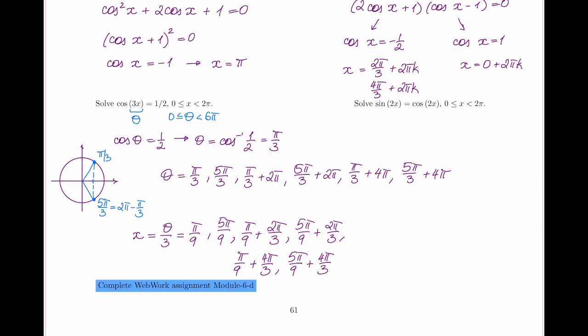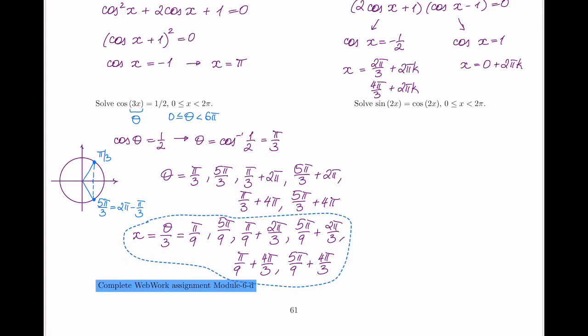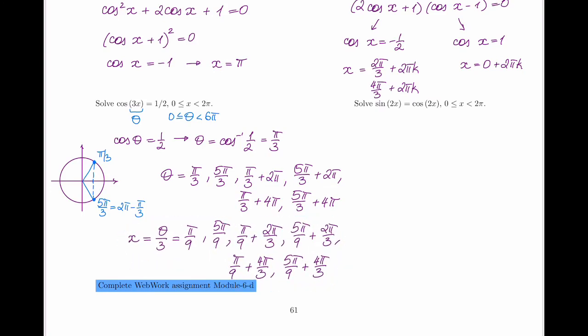Okay, this will in fact produce all of the solutions to my equation here. I know it's quite a few of them. Let me try to squeeze them in a little bit tighter. There we go. All right, taking a look at this last one, I noticed that I have a mixture of